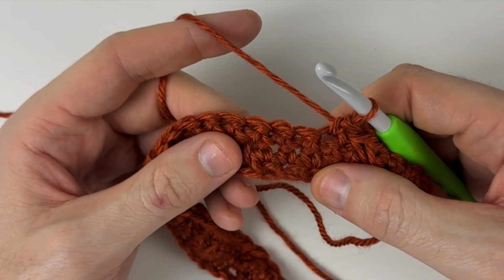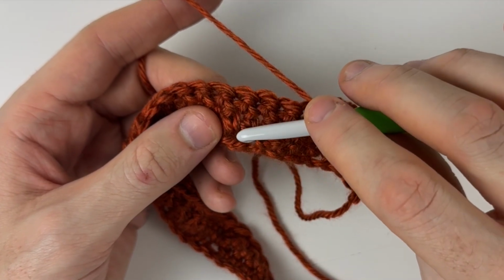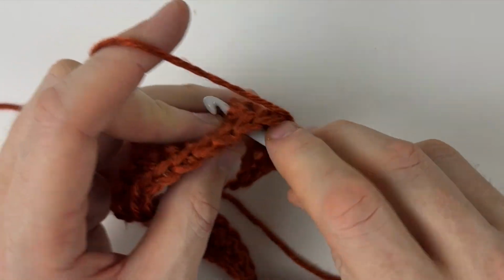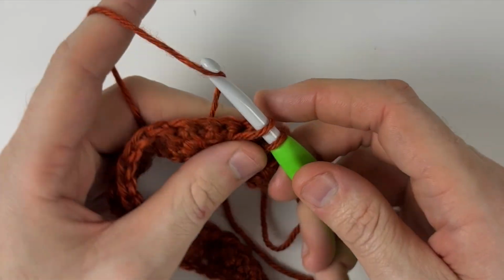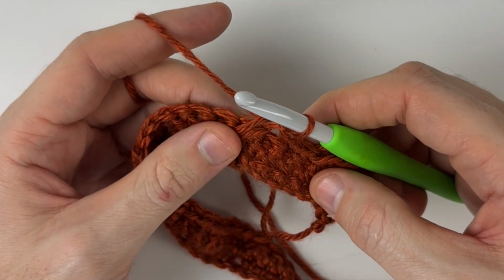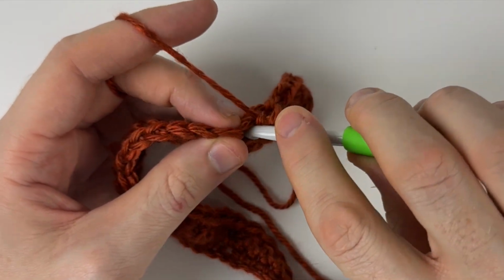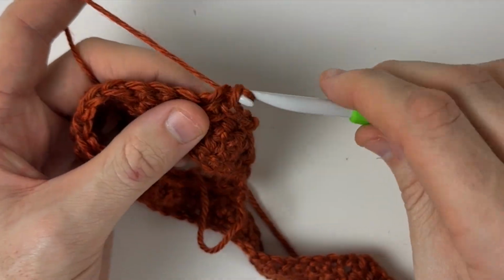Then we're going to find our next chain 1 space, which is down here. We're going to insert our hook and pull up a loop. Make sure it's flush, yarn over, pull through 2. Skip the next stitch, insert our hook into the stitch after that, and then we'll single crochet into the next